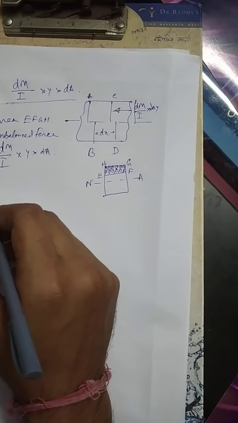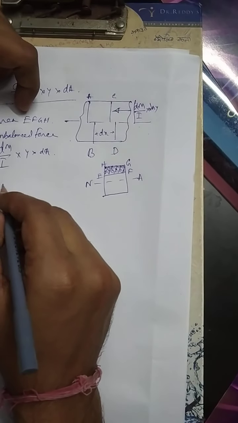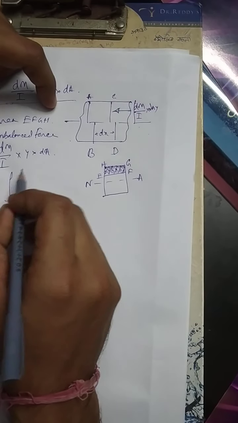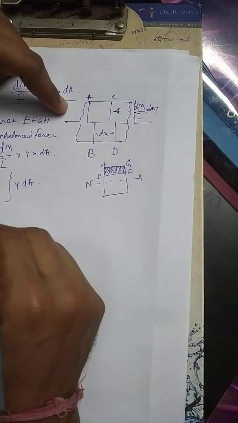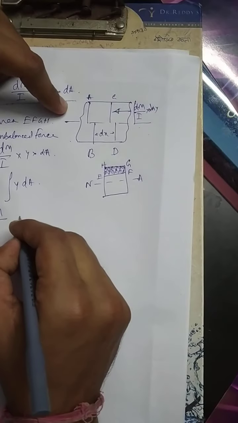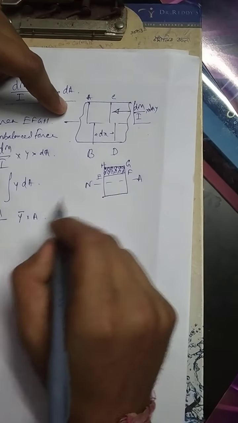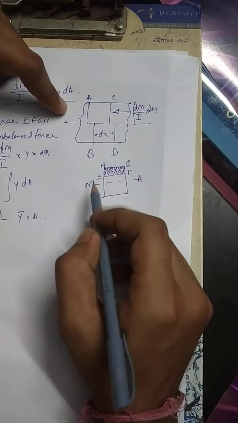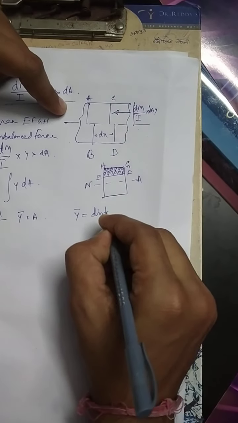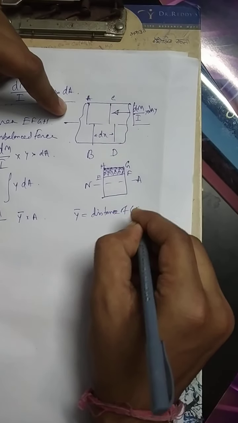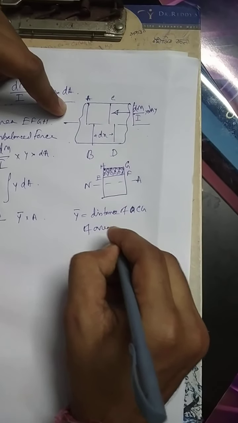So that's why this I has been taken out, and dm is also constant, so it will be the integration of y dA, which upon integration will be written as y bar into A, where the area is EFGH and y bar is the distance of the CG of area A